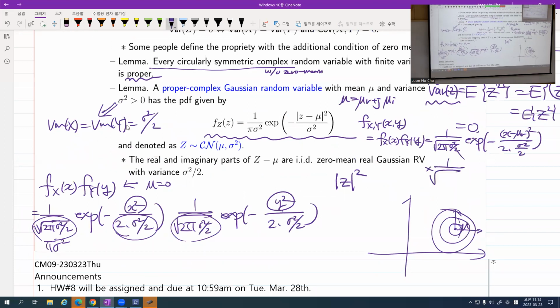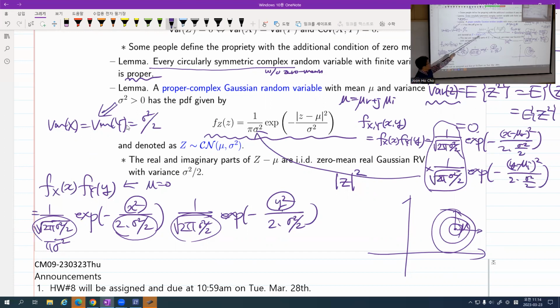Times 1 over square root of 2 pi sigma square over 2, e to the negative y minus mu imaginary squared divided by 2 times the variance. So you have what? You have 1 over pi sigma square. Here sigma square is the variance of this proper complex Gaussian random variable. And you have here,